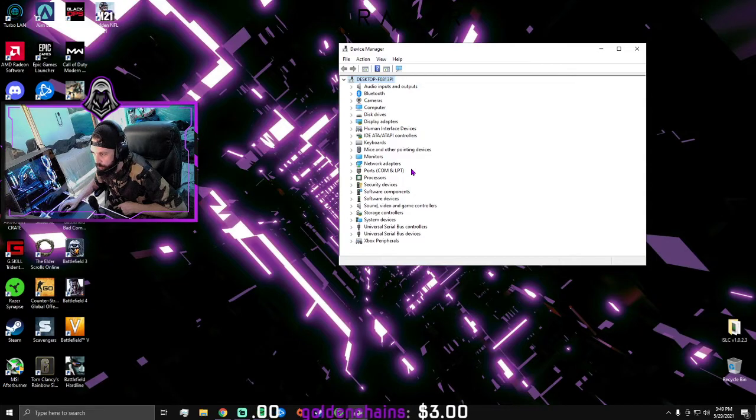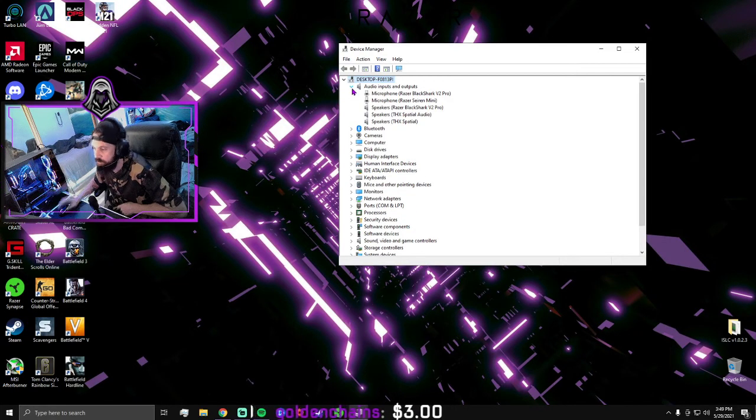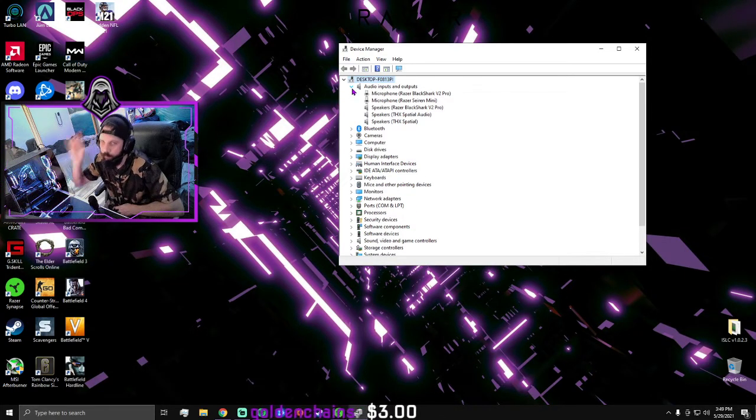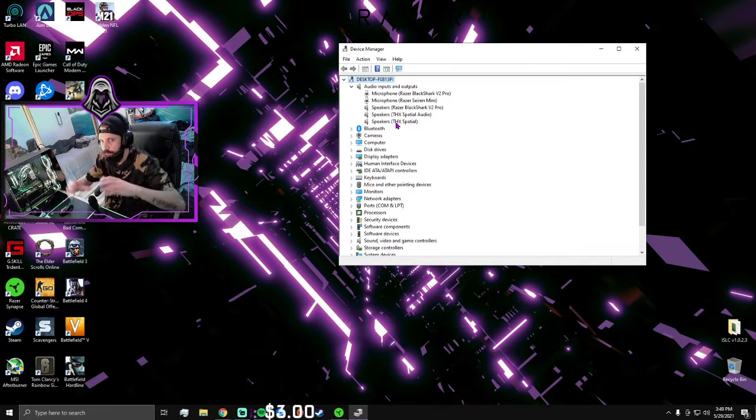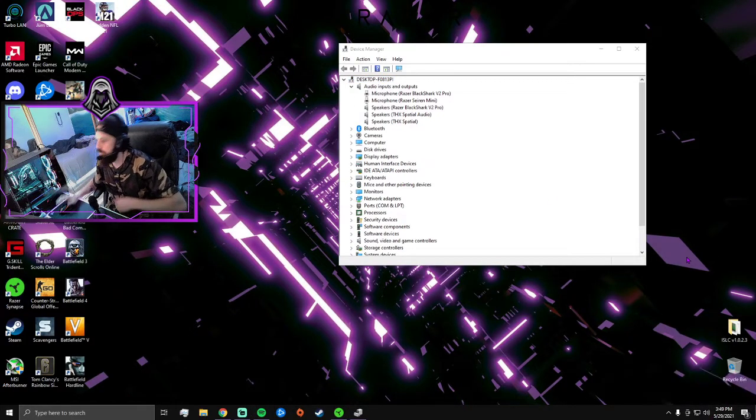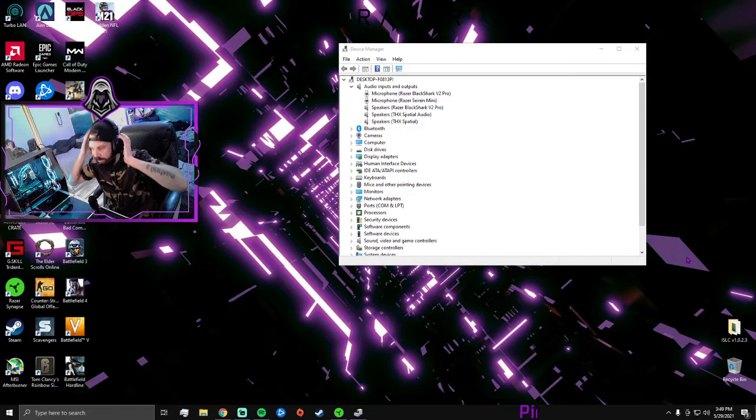And what you want to do is go to audio inputs and outputs, specifically if you have a BlackShark V2 Pro with this issue, or a BlackShark V2 wired. You're going to see right here where it says THX Spatial Audio. THX Spatial is the software outside of Synapse. So say, for example, if you're using, well, let me just verify that. Yeah, it is. Okay, so if you're using THX Spatial,